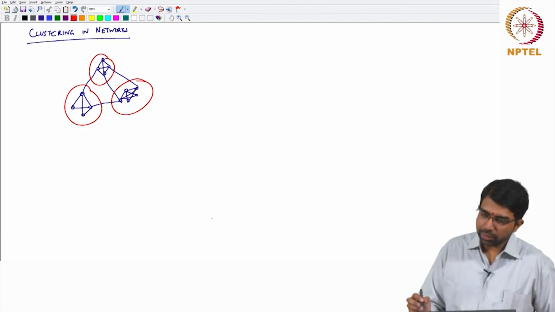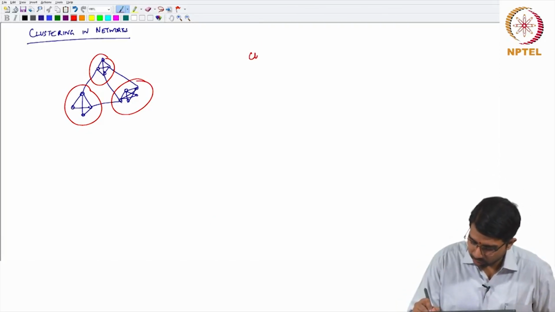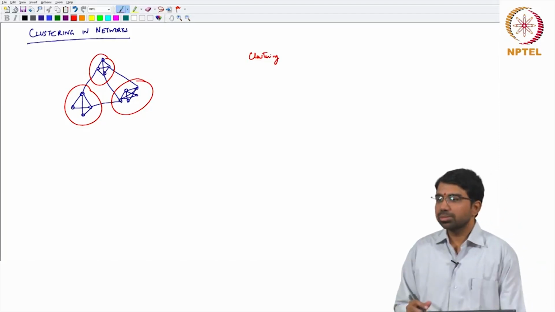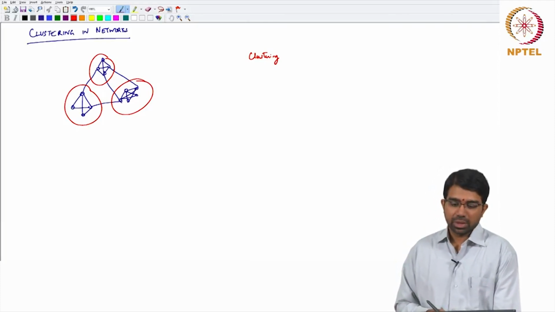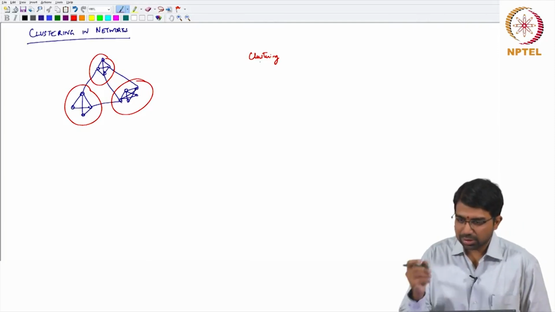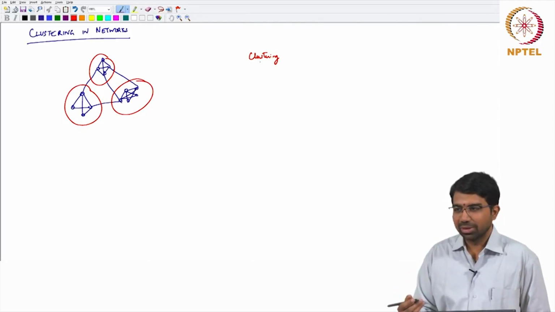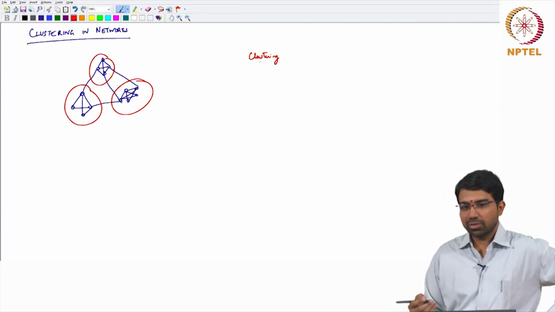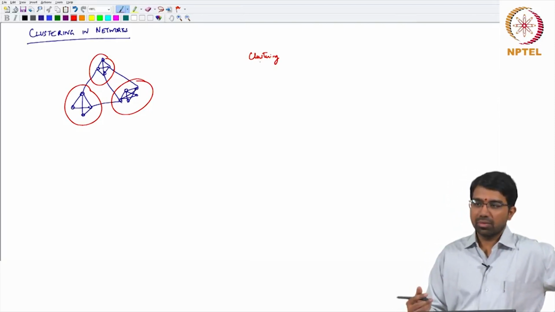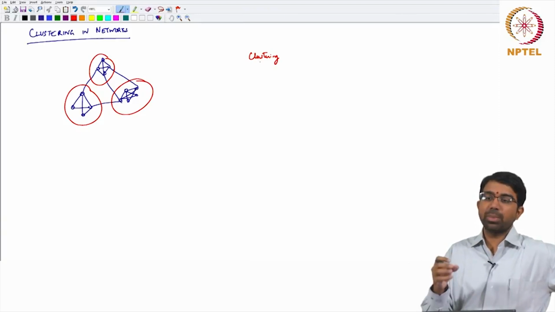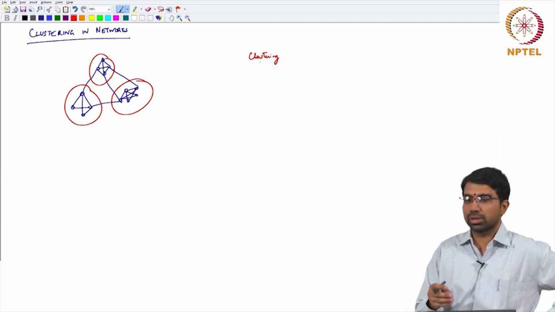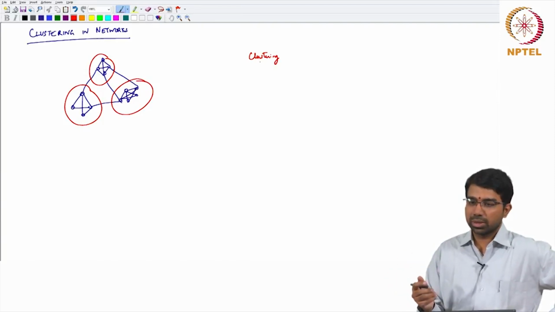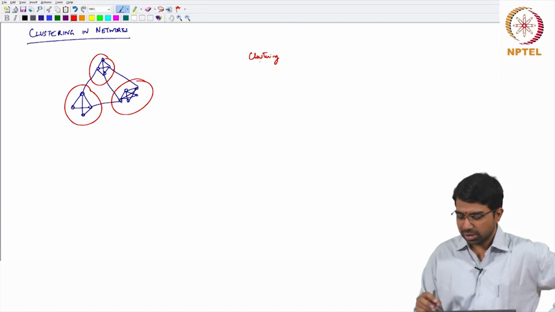So, we will do a quick detour to understand what clustering is in the first place. Clustering, essentially, outside of graph theory. What do we mean by clustering? There are different ways to cluster. This is a classic method in machine learning, in fact in unsupervised learning, wherein we want to discern some patterns in any given data set. So, you are given a particular data set, you want to group similar items together, you want to cluster similar items together. Usually most clustering methods work using a